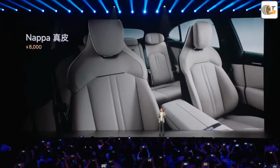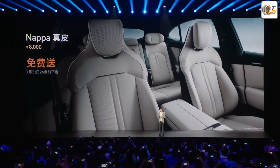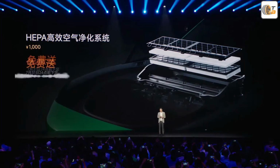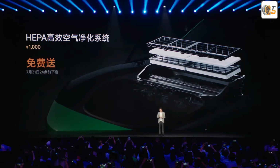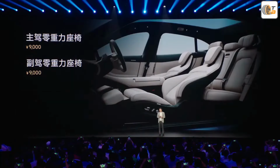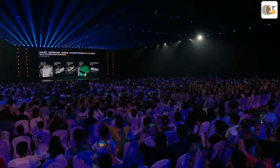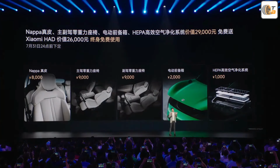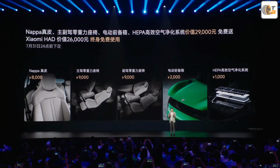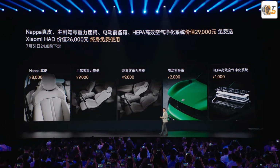So let's take a look at the benefits. We have Napa leather, which costs 8,000. It's a free giveaway. We also have HEPA, the purification system, as a free giveaway. We also have the electric front hood, a 2,000 free giveaway. We also have the zero gravity seats, 9,000 free giveaway. We can also add the HAD lifetime warranty. By July 31st, we can definitely have all of the free giveaways for the